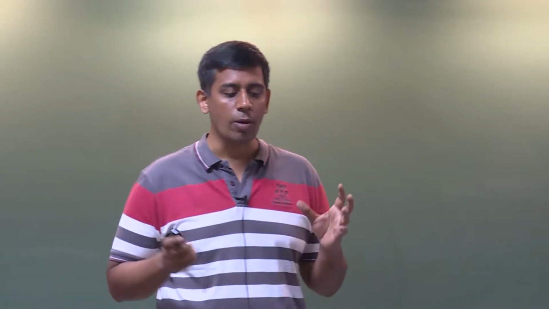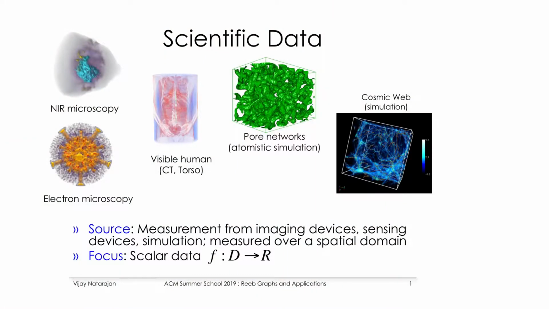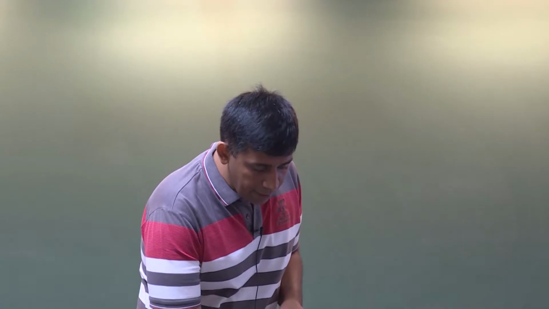One is data science, and data visualization is a big part of this topic. For today, we are going to look at scientific data. Scientific data is data that comes from various science and engineering disciplines, where your domain has a spatial context. So what do I mean by spatial context? If you look at, for example,